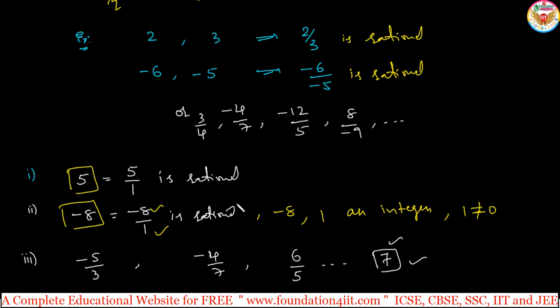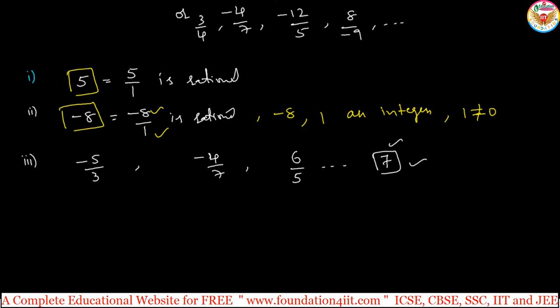And when you come to the next property, let us see about 0. 0 is equal to 0 divided by 1. Same, 0 is equal to 0 divided by 5. 0 is equal to 0 divided by 6. 0 divided by any number other than 0 is equal to 0. So 0 is a rational number, because it is numerator divided by denominator, and the denominator is non-zero. In this, 0 by 5 is nothing but 0. So 0 is a rational number.